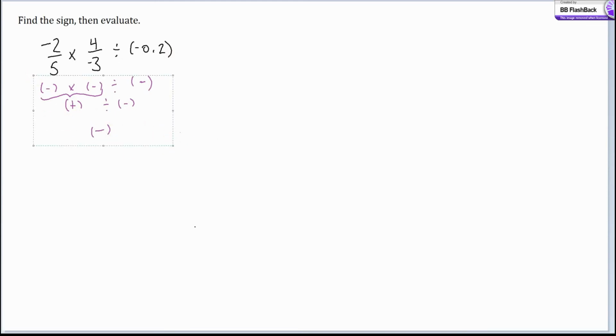Now let's figure out what that number will be. It's a good idea to do some rewriting to make this look like something we can deal with. So, negative 2 over 5 is looking pretty good. We usually don't write our negatives in the denominator, so let's pull that up to the top. Now what about this last number? When we have a fraction and a fraction, we probably want to keep working in fractions, so let's convert this